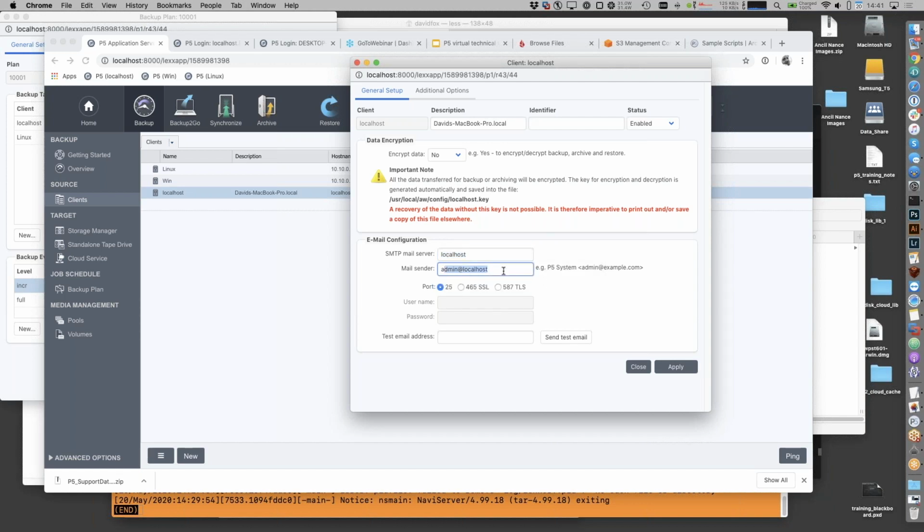And then the mail sender is going to be whoever the mail should come from. So that should be a genuine existing user or alias within your email domain. And then I think 465 is used for 365, 587 TLS is used for Google Apps. 25 is plain text, unencrypted. So you have to choose which port your SMTP server is listening on and what kind of authentication, and provide the